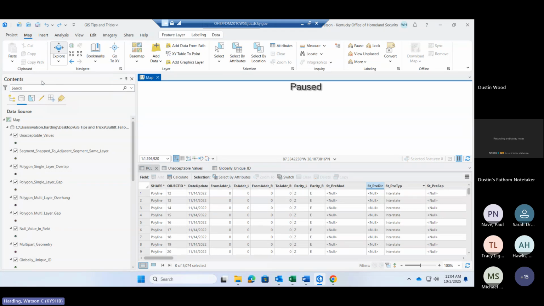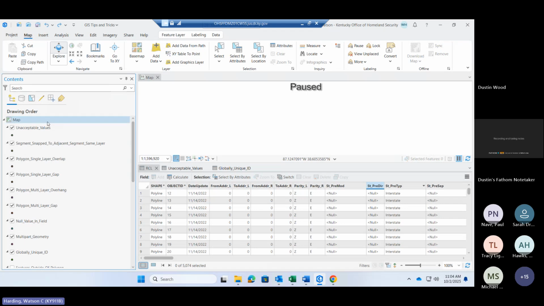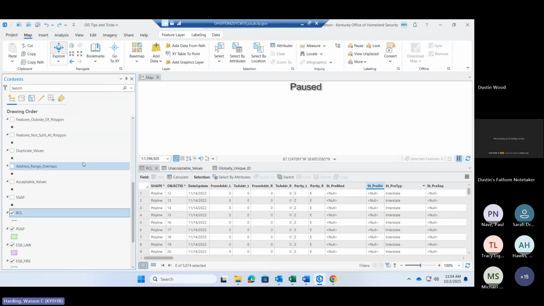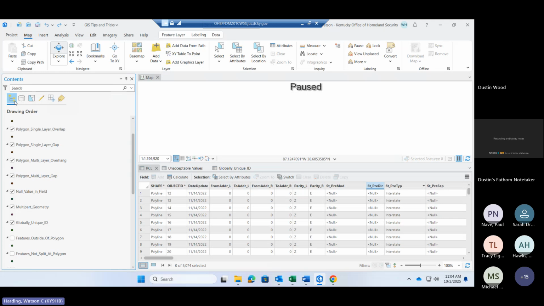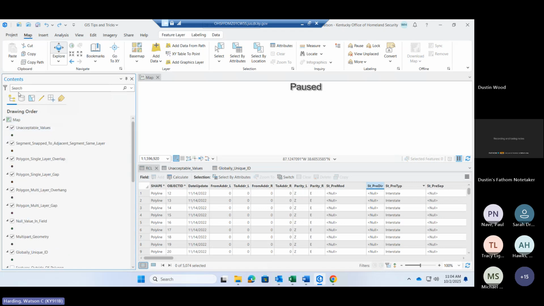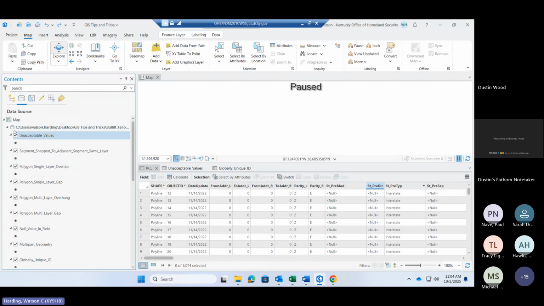The next thing I want to point out is in your table of contents, there are actually different views you can list. I think they're called lists, but these display the layers that are in your current map document. The default one is list by drawing order, and that's just the display order of the different layers. But there are some more here that I tend to find more helpful. Usually what I switch to immediately is list by data source, and what that does is it groups your layers by